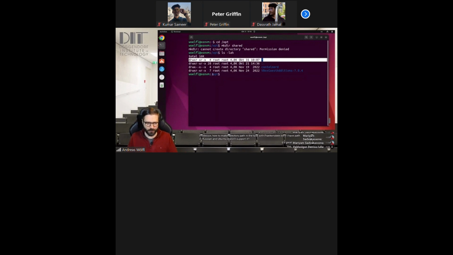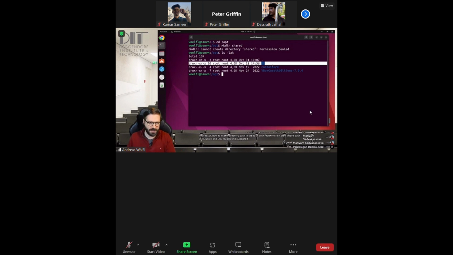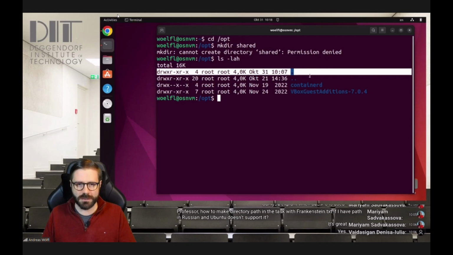I'm currently in /opt, so what you see in the highlighted line here is the permission configuration of the opt directory. A double dot means that this addresses the parent directory of the current working directory. As I'm currently in /opt, the parent directory of the current working directory in this case is the root directory, just /. And if you need to take a look at this line, because this line, again,